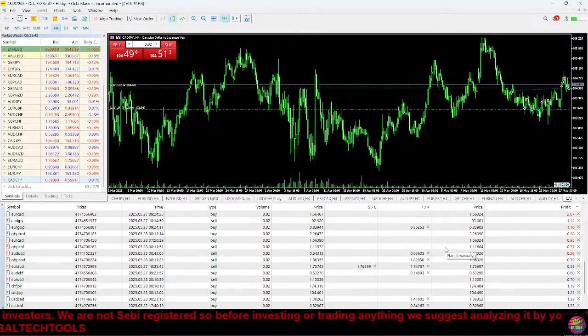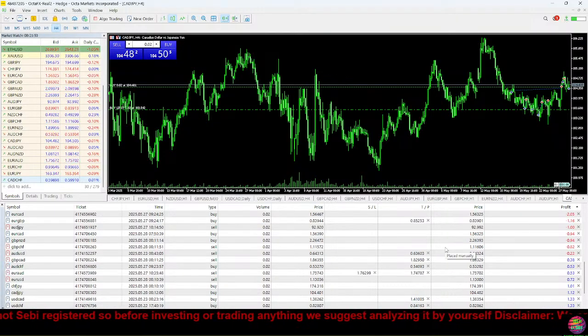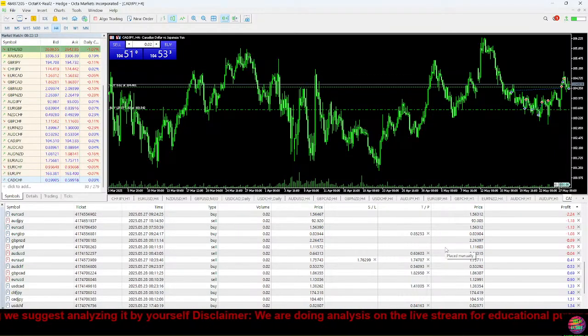Again, it's information overload. What they did was put 4 different types of arrows. You have the arrow marker, which just looks excessive. Then you have this type of arrow, and then you have this type of arrow right here, which is just another arrow. It's just different types of ways that the platform offers services for all different types of traders, which is cool because they are meeting the standards of every trader around the world, but you're only one trader. You shouldn't be looking at all the information for traders all around the world. You should only look at what's going to make sense for you. And in this video, I'm going to only show you what's going to make sense for you.